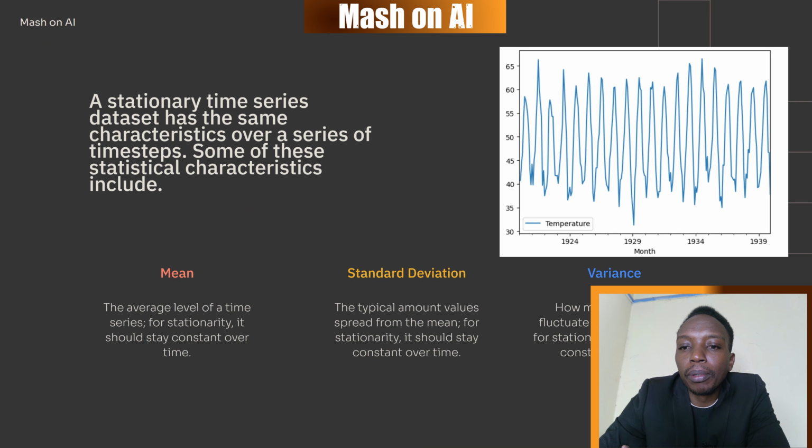So here we have a plot of an example of what a stationary dataset would look like. You see, as much as there are peaks and valleys, there's no trend. That's actually a better definition. A stationary dataset has no trend. It's constant. So as you can remember from the previous lecture, when we were doing time series decomposition, we had